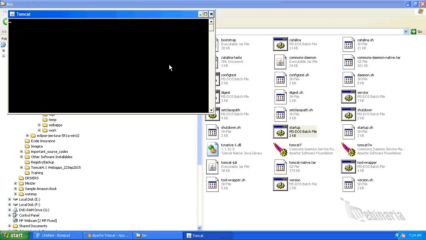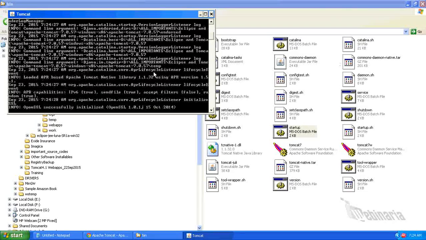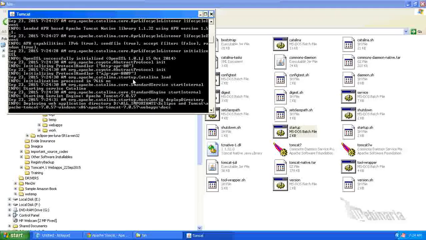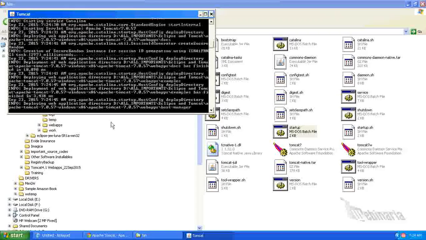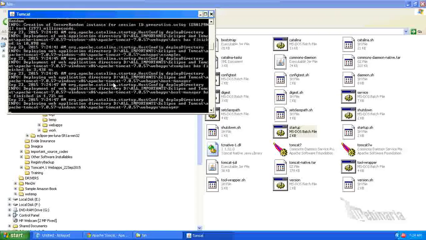Now the Tomcat is running. It will take a few seconds to start.